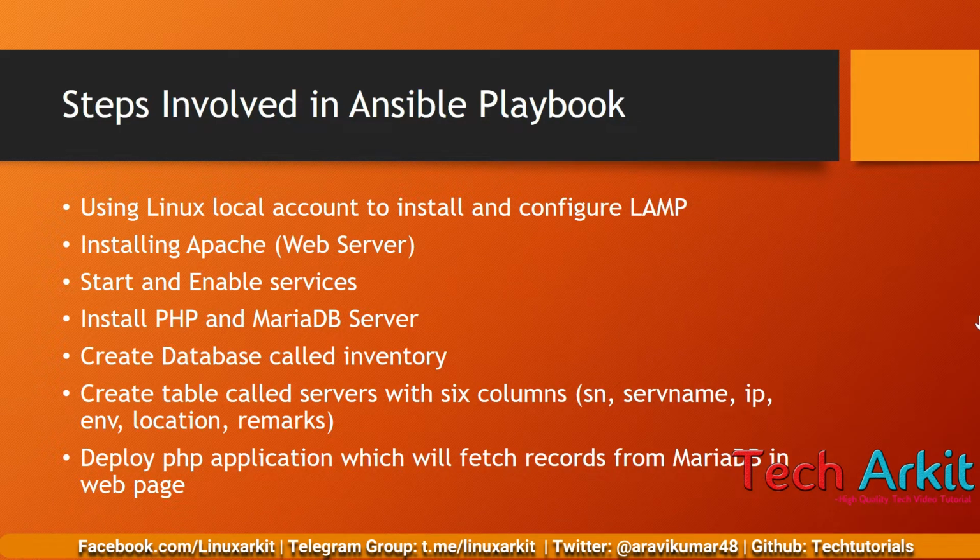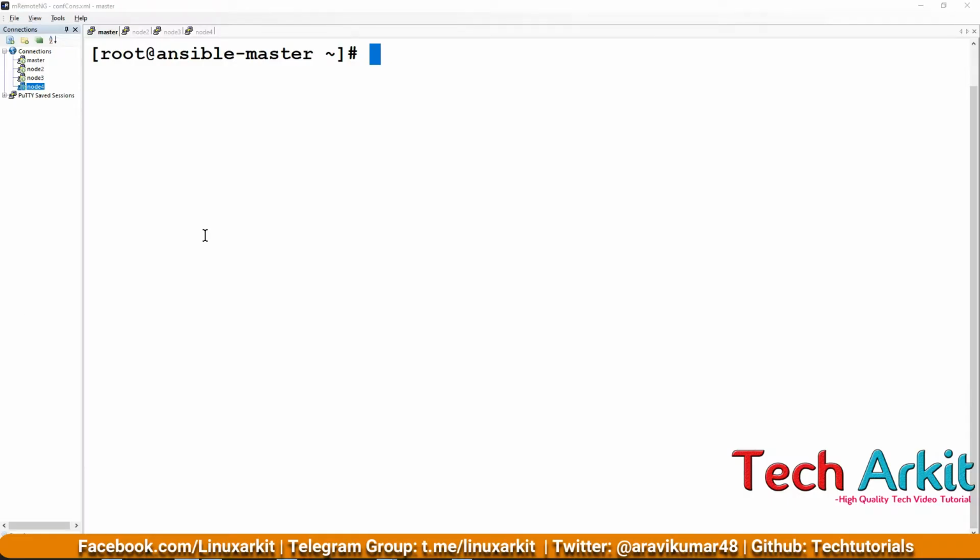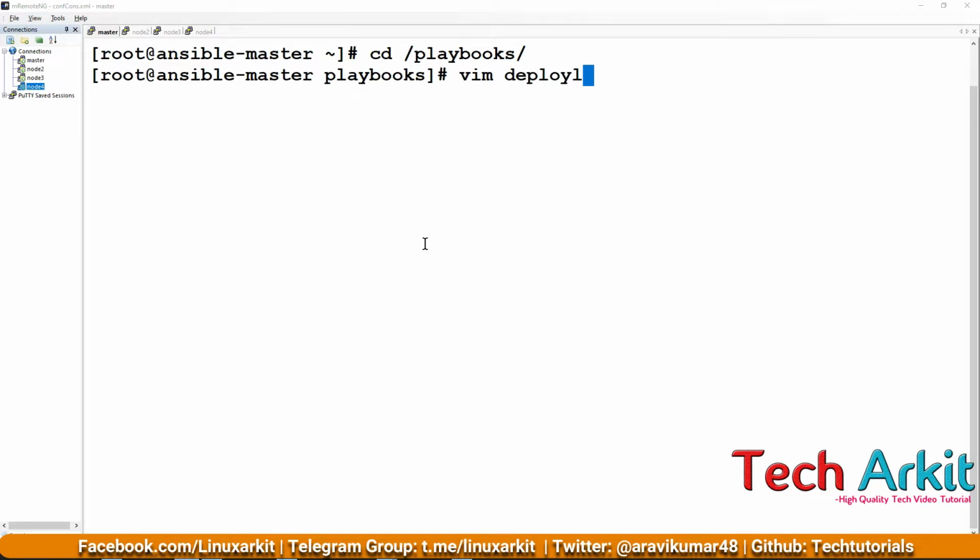Let's dive into the demonstration, the practical. Let's see how we can write this playbook and deploy the application. So now I'm in Ansible Master. Here I'm just going to open the Ansible playbook writing. For this series I'm going to create all of the playbooks in this playbooks area. So now I'm going to create